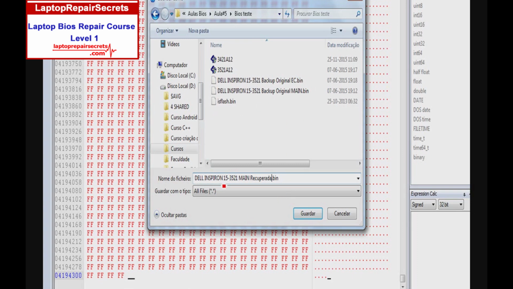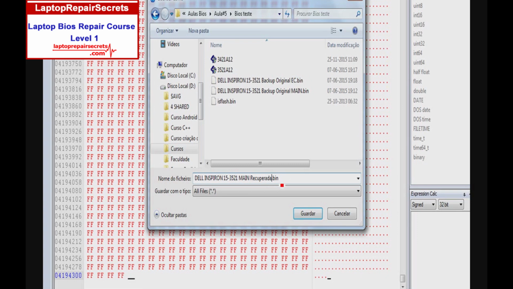Dell Inspiron 15 3521 main BIOS, PCH BIOS. Here, I'm sorry, this is Portuguese, but it means recovered. So in this way, in my BIOS database, I know what is a BIOS recovered, made by me,